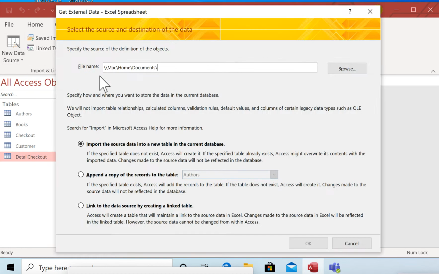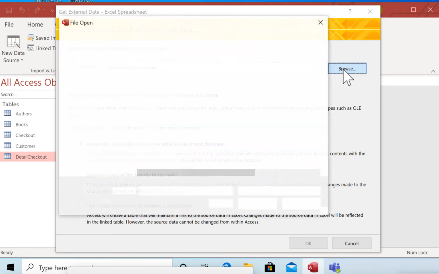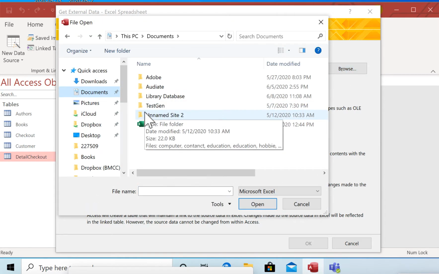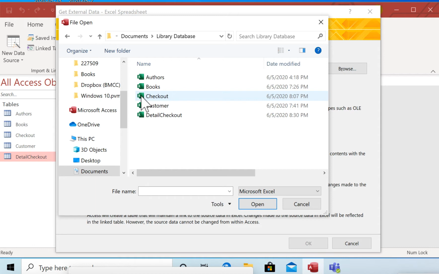For this, you will need a folder that is in your comments. There's a link where you can find all the files that you are going to need to fill your tables. So the first table that we are going to import is in the folder library database. And you're gonna see the 5 files that you will need to fill your tables. So we are going to start with the table authors,